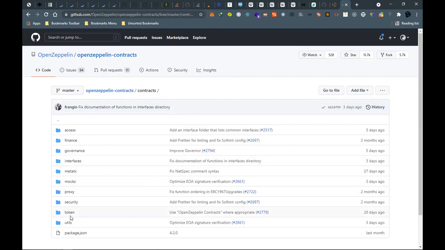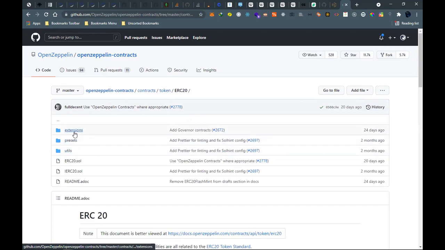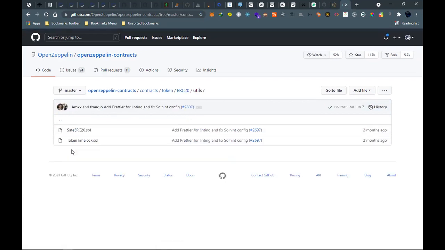Then we will just move into token, ERC20. Then we have utilities, SafeERC, not there.